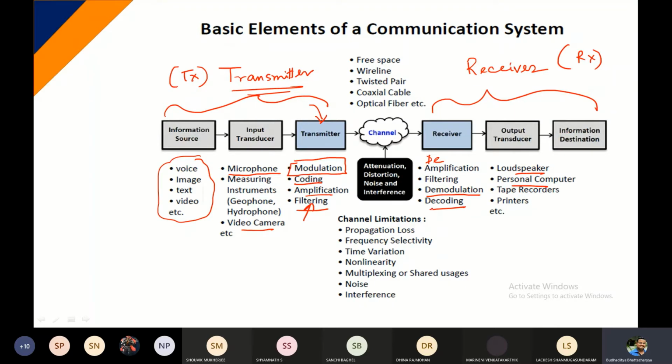Now just imagine, if we are not processing the information, what would have happened? I would have gone on talking something to you, and you would have heard something else at the receiver. I'm talking about the basic elements of communication system and the details about it. You might be hearing something else, if the communication system, this end-to-end communication